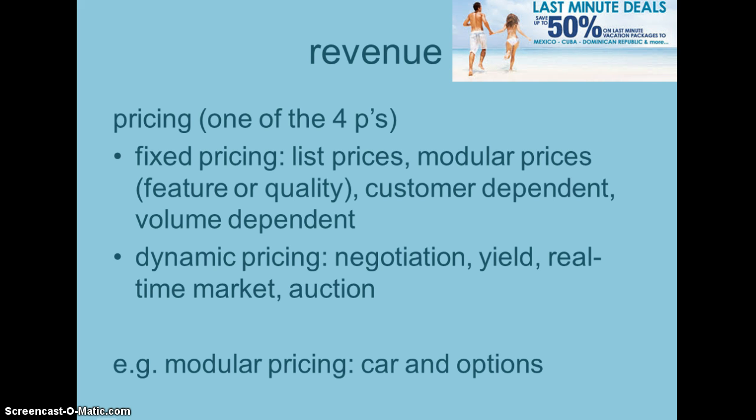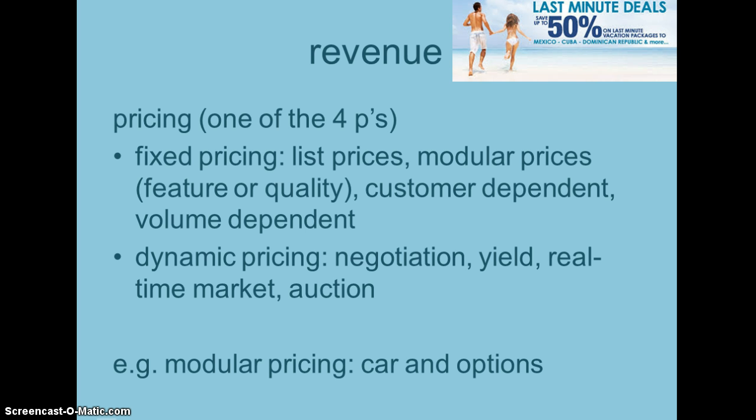Customers know beforehand what type of price they will get. So you can have a fixed list of prices, the 2014 prices for such and such. You can have modular prices, so that certain add-ons have a certain price. And pricing can be customer dependent or volume dependent. So large volumes generally get lower revenues per unit, and specific customers that give you, for example, access to a certain channel can also